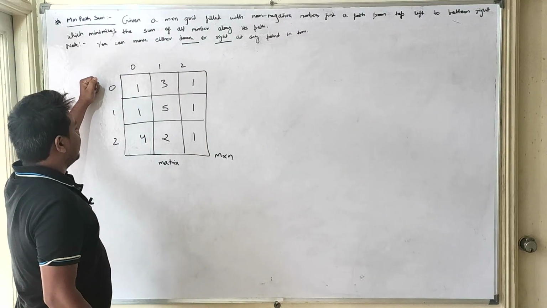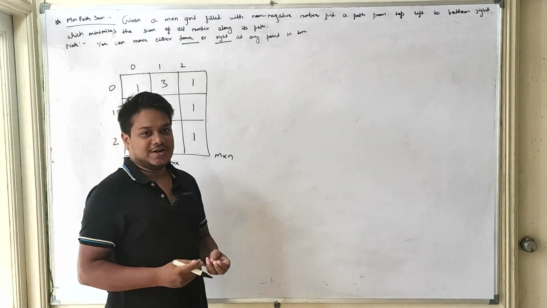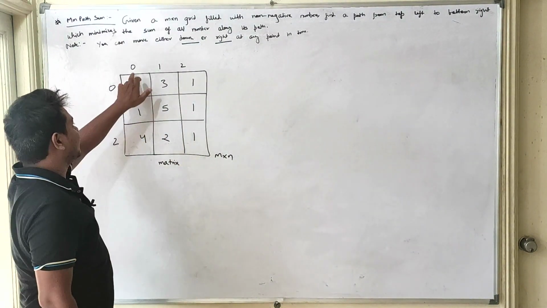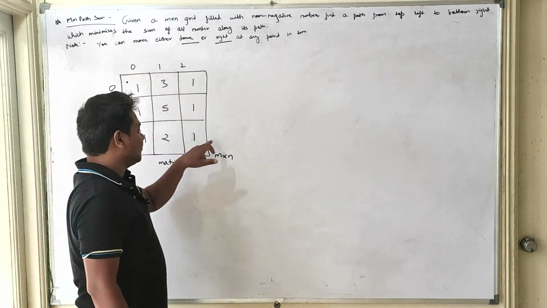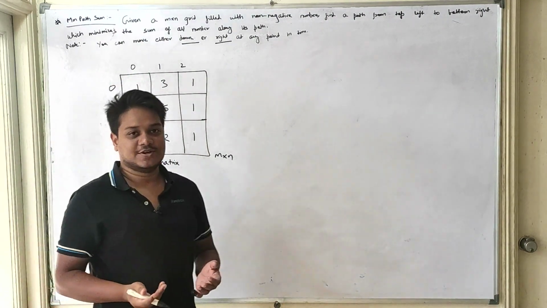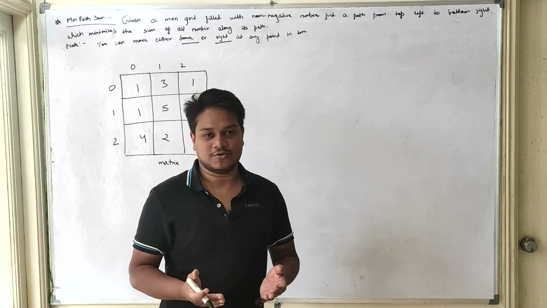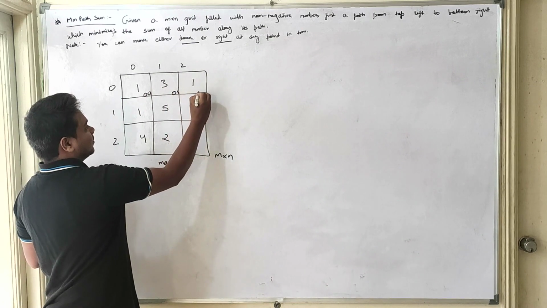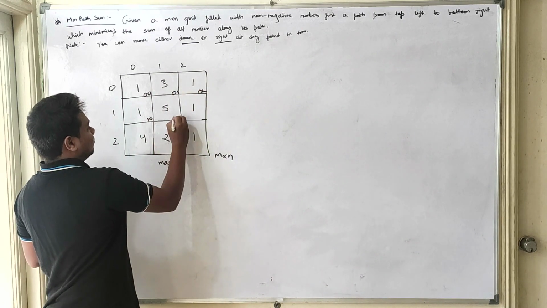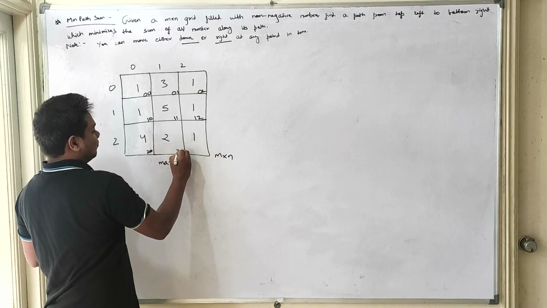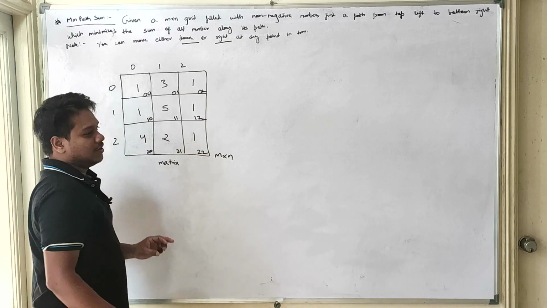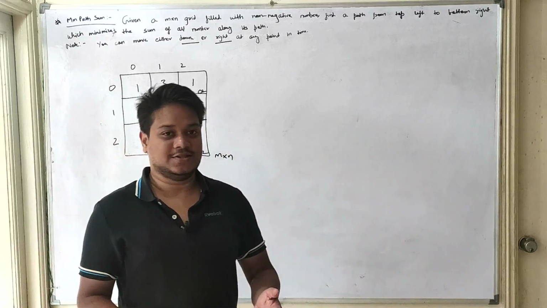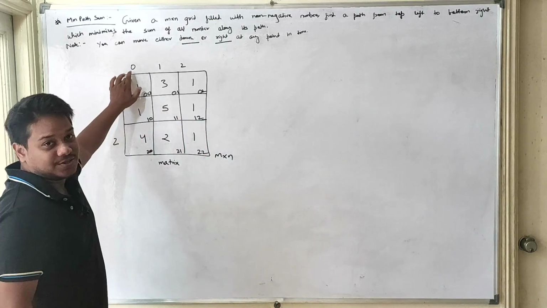So now we have to find the minimum path starting from the starting of the matrix, that is 0 0, and to the end of the matrix. So let me just give the numbers to all the cells on the basis of rows and columns. So this will become 0 0, 0 1, 0 2, 1 0, 1 1, 1 2, 2 0, 2 1, 2 2. Okay, so now as per the question we have to find out the minimum sum along any path starting from the starting cell.